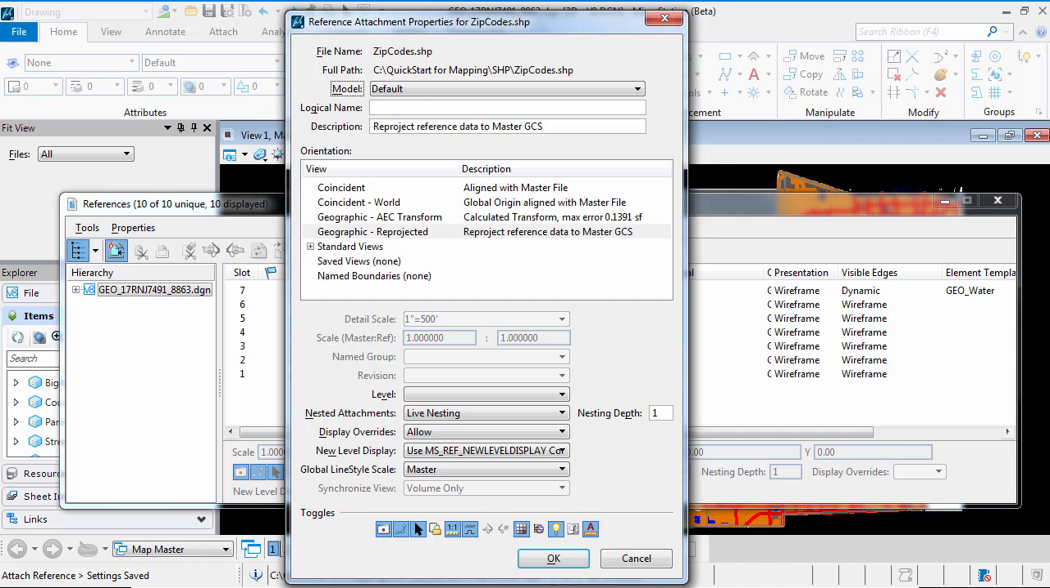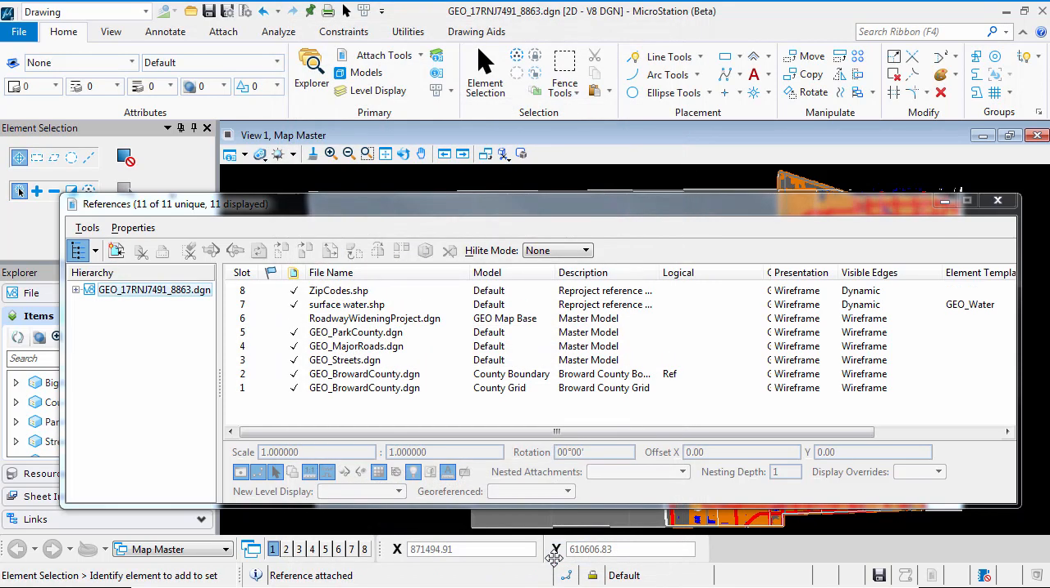And I'll bring in the zip code data just the way I did the other data. For example, I'm going to just do the geographic reprojected and leave everything else the way it is, and click on OK. So there's my zip codes. The zip codes is going to show me where all the individual zip codes within this county are. I'll go ahead and close this references